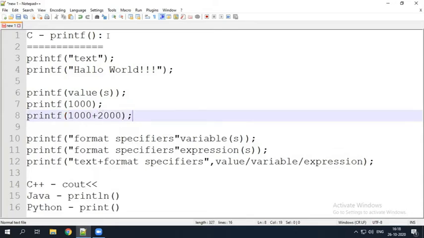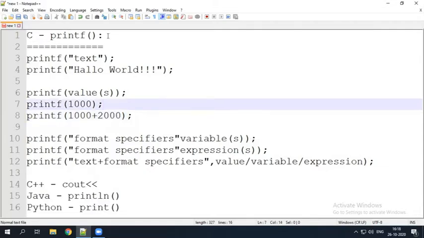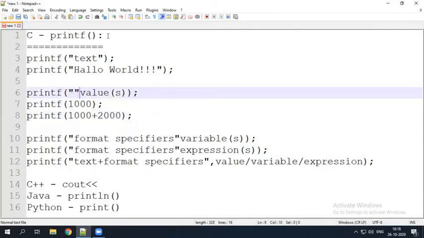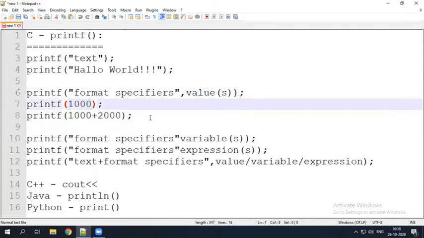It is also possible. At that time we have to specify the format specifiers here. Format specifiers are required here also. The format specifier specifies what type of value we are going to print. Here 1000 is an integer.